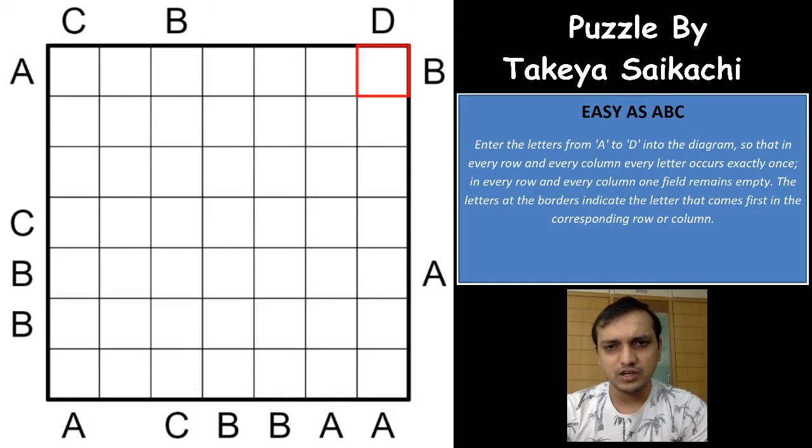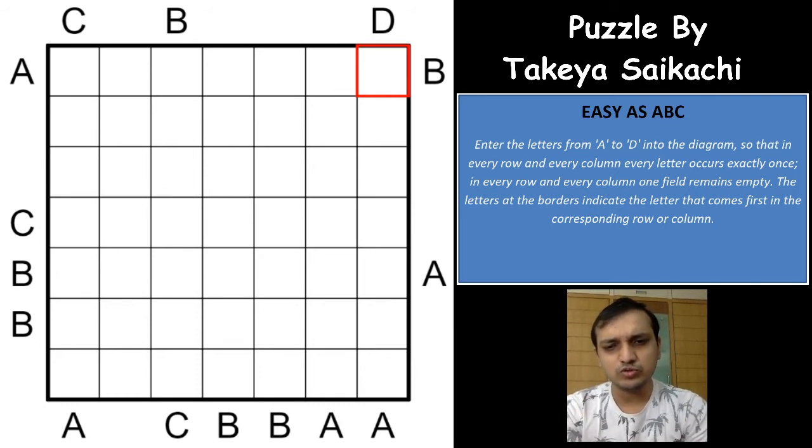For the B here, from the left of the first row, the first letter seen will be B. You can have blank cells before B, so those are not counted. The first alphabet that will be seen is B. For the D here, the 7th column will have D as the first alphabet seen from above. With that, we will start solving this puzzle.